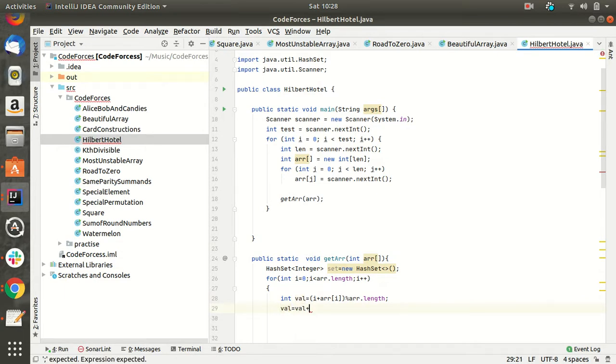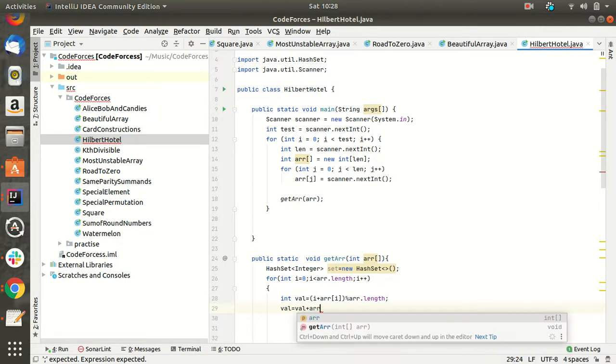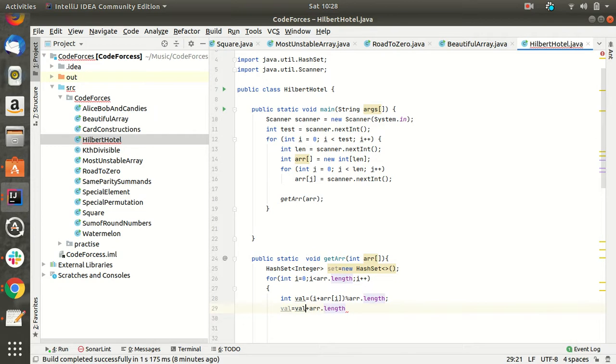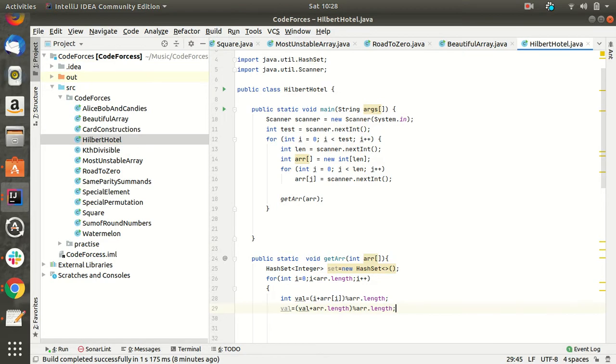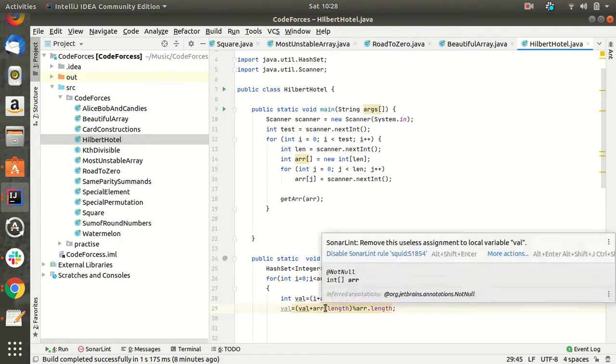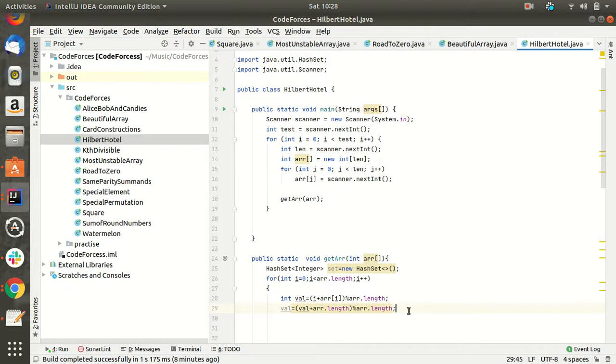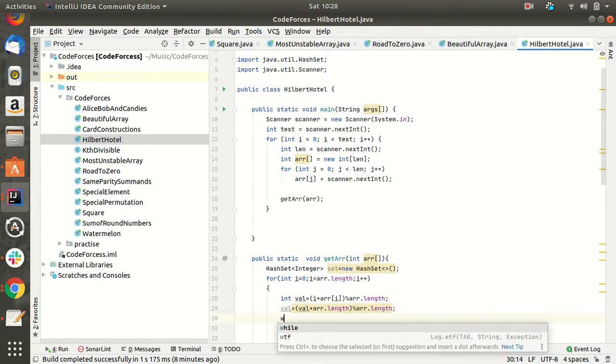Why we are doing it: I am again doing value plus array.length, percent array length. If the value is negative, it will become positive and still give the correct solution. Suppose the value was -8; in that condition this will be useful, to handle negative values. So I'll add this.